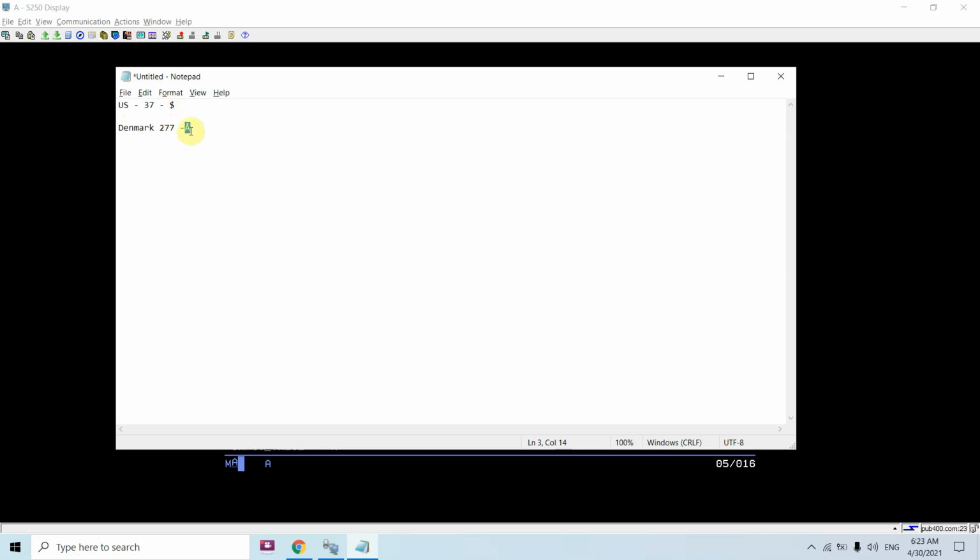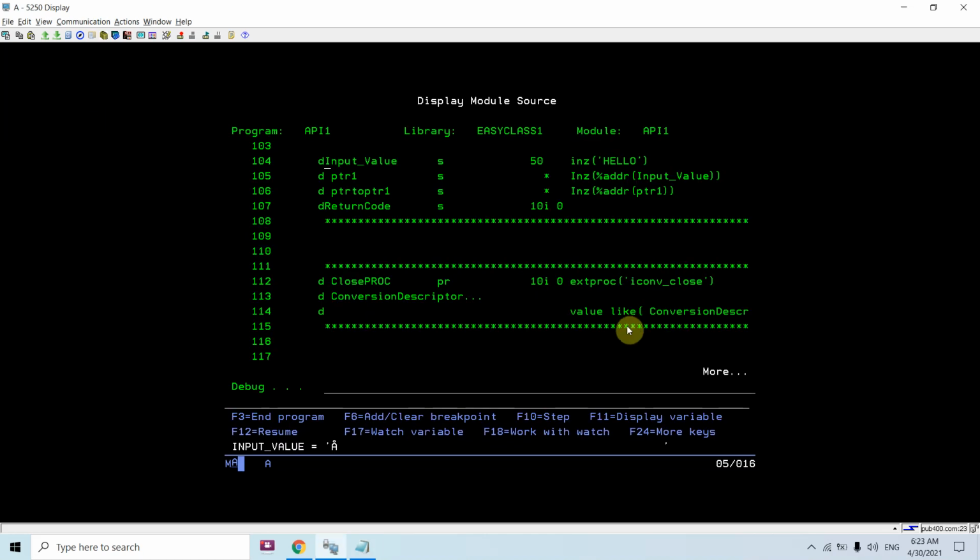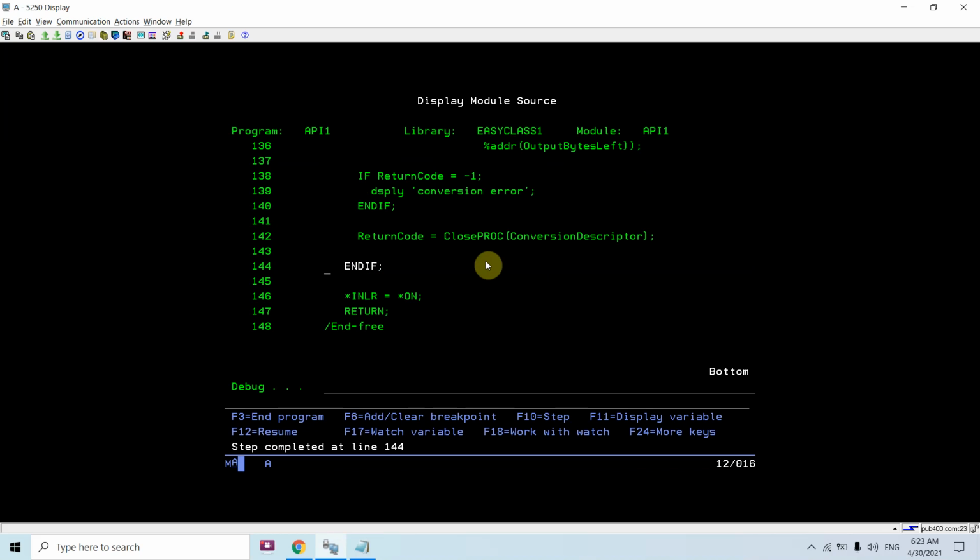So dollar would be represented like this there, but once you download it to Windows, you will see the correct dollar sign. So this was something, and now it's closed successfully.